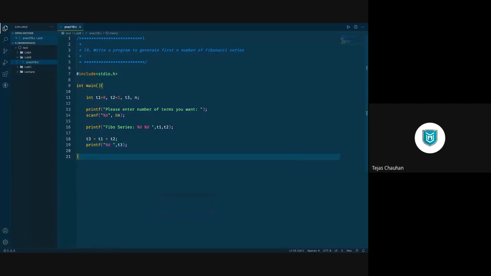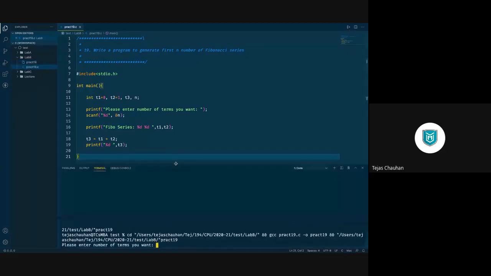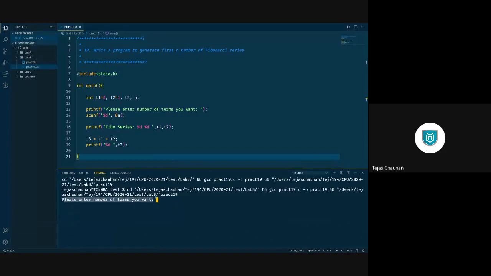So if I save this code and run this one, it is going to ask me, please enter number of terms you want. Right now it doesn't matter. So 5. So हमें मिल गया what? 0, 1, and 0 plus 1 is 1. तीसरी term मिल गई. Now after this third term, when I go for the fourth term calculation, तो मेरी term 1 term 2 update करनी होगी. Previous 2 terms हमें कहाँ से मिलेगी? Just आगे से. So I'm going to update this T1 T2 so that I can iterate this process.